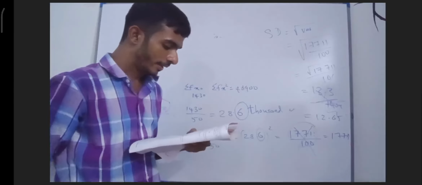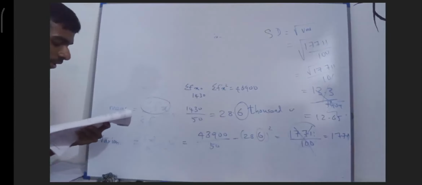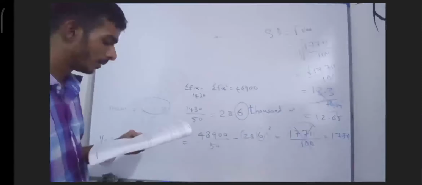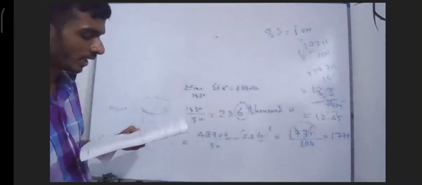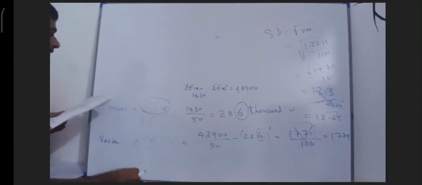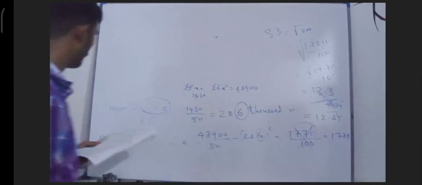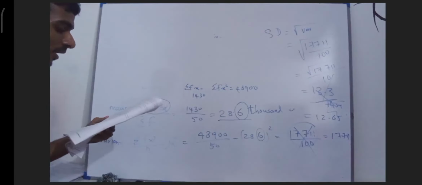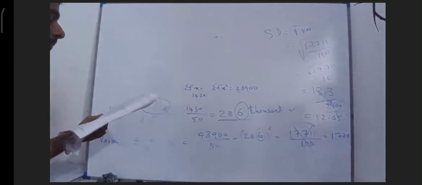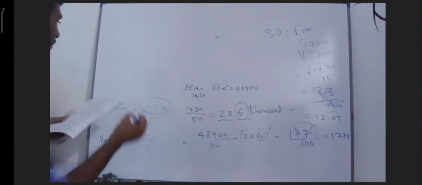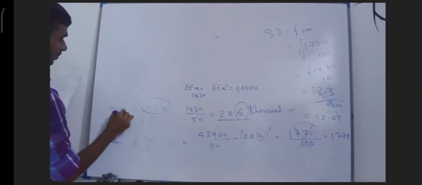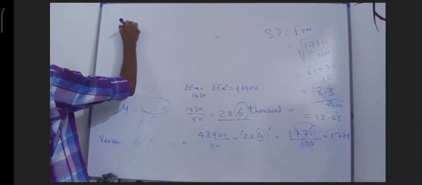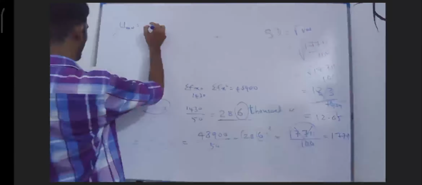And at the beginning of a year, the monthly salary of each employee is increased by P percentage. It is given that the mean of the new monthly salary of the above. Now, previously we have found out the mean salary as 28.6. Now it is going to be increased after P percentage of increment. Now the new mean, so let me denote it as mu. Now mu new has become